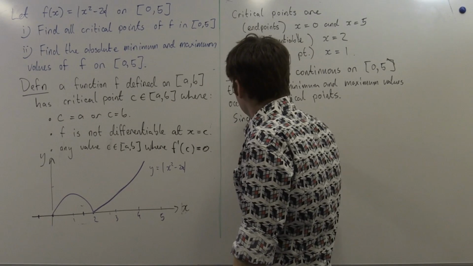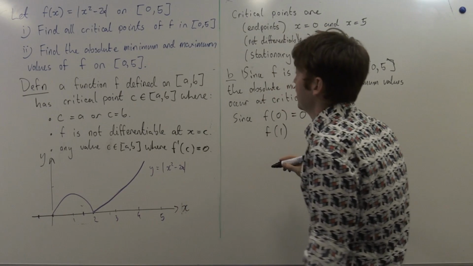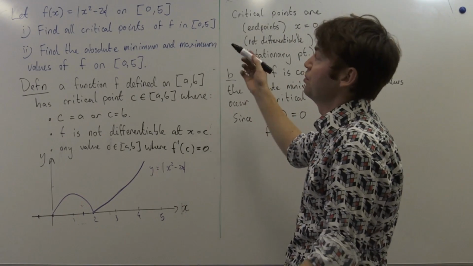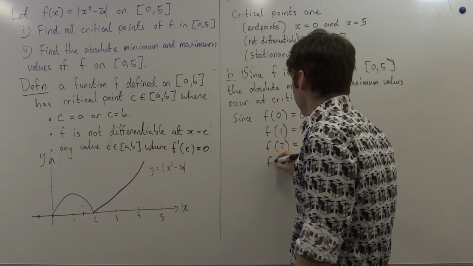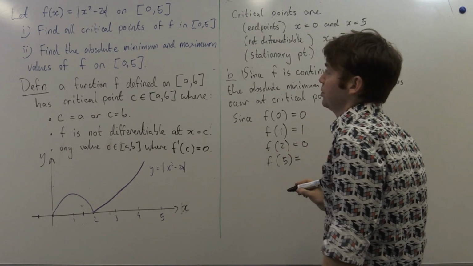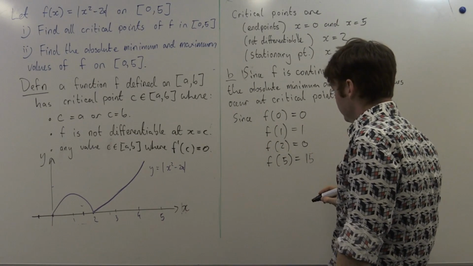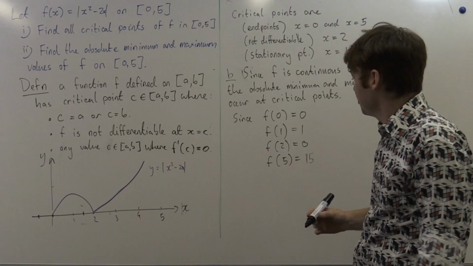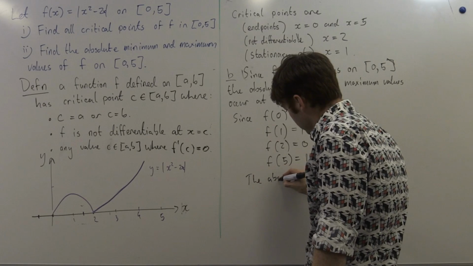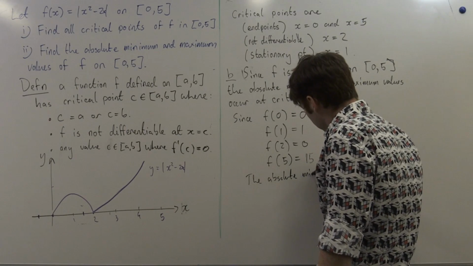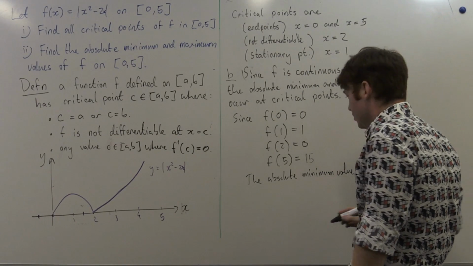Since f of 0 is equal to 0, f of 1, well I better check f of 1, that's 1 minus 2 absolute valued, which is 1. f of 2 is 0 and f of 5 is equal to, well, 25 minus 10 is 15. Then I know what the absolute maximum and absolute minimum values are. It's 0 and